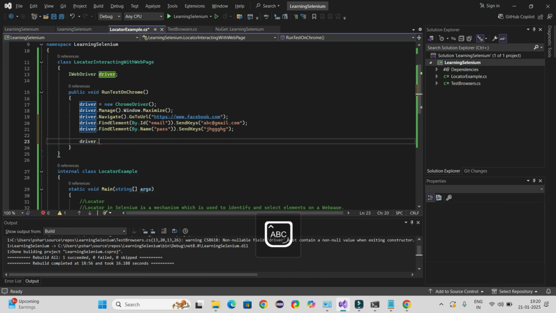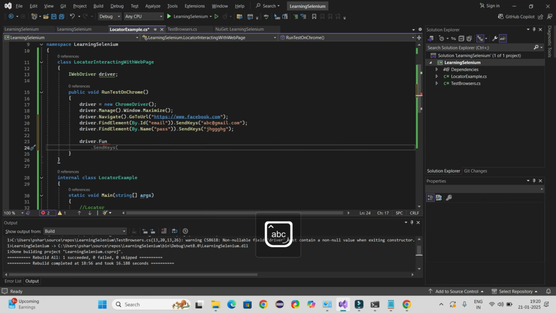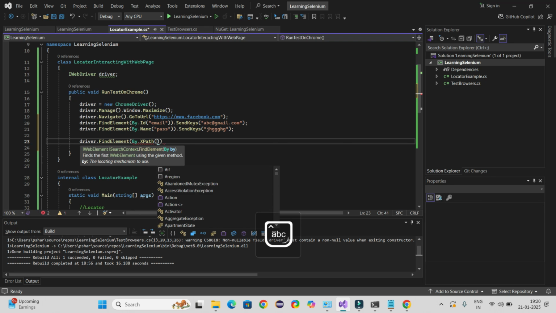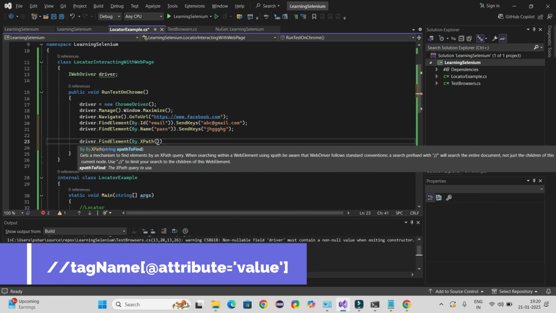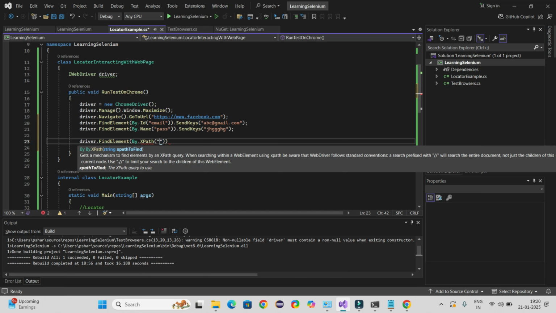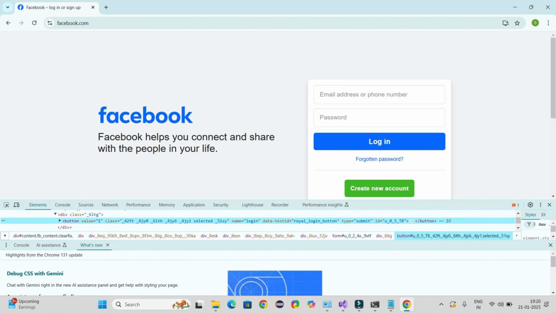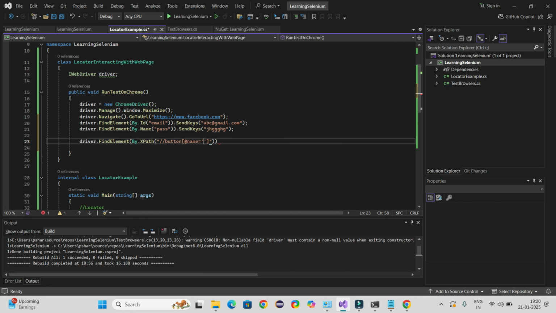So driver dot findElement by dot XPath. Here you can give /button[@name='login'] in single quotes, and I want to click on this one. Okay,